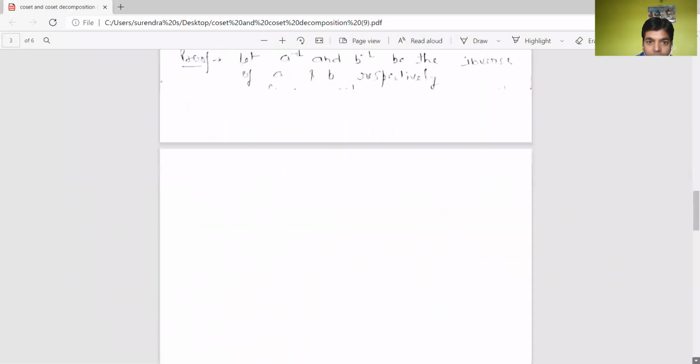This was the second property of the group, by which each and every element which belongs to G has an inverse, and the inverse will also belong to G. Now we will see the next property of the group. The next property of the group is